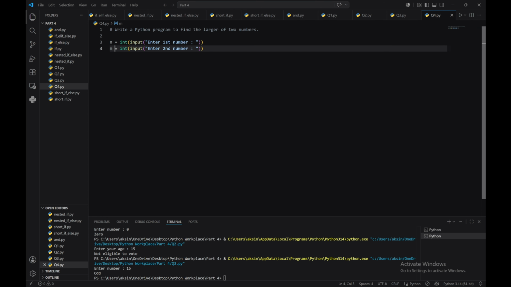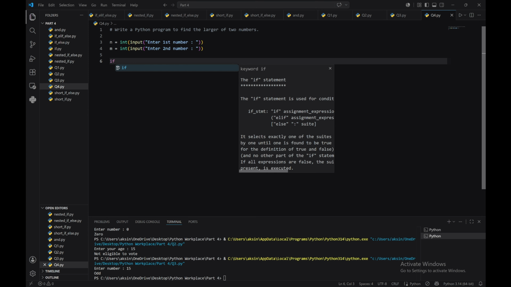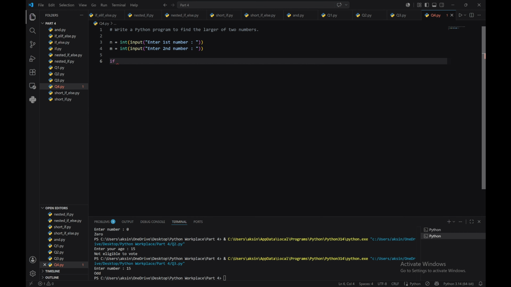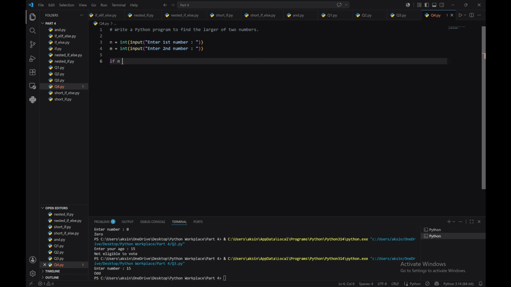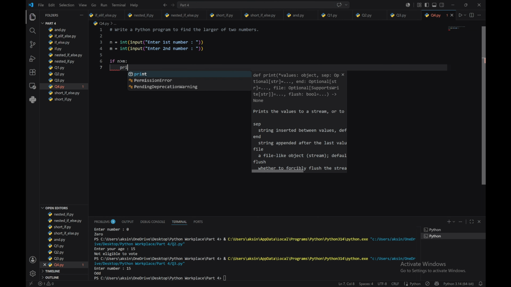We have taken the variables m and n as first and second. After that, we will try with a nested condition. If n is greater than m, then print